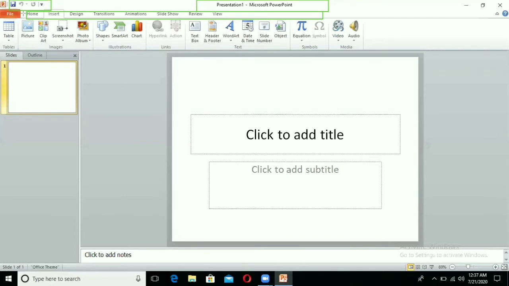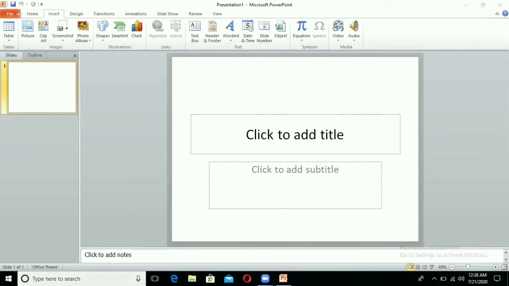Images, Illustrations, Tables, Links, these are called groups, and in each group you can see different options. So Home, Insert, Design are called ribbons, and when we click on a ribbon you can see different groups here.